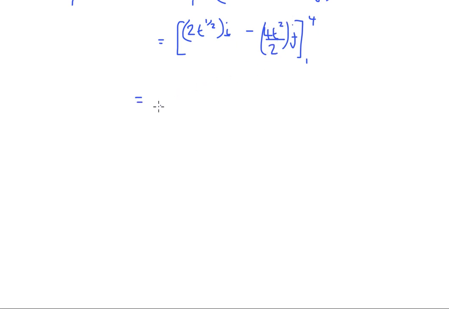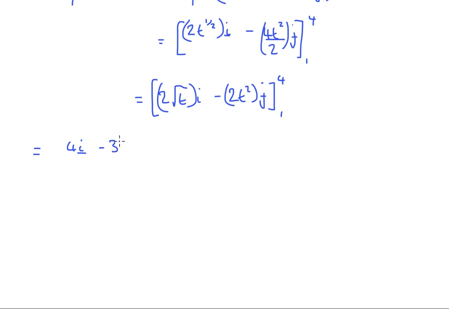This is just 2t squared, so we've got 2 root t i minus 2t squared j between 4 and 1. So if we substitute the 4 in, we're going to get 2 root 4, which is 2 times 2, so that's 4i minus, again subbing in 4, we're going to get 16 times 2, so that's 32j,